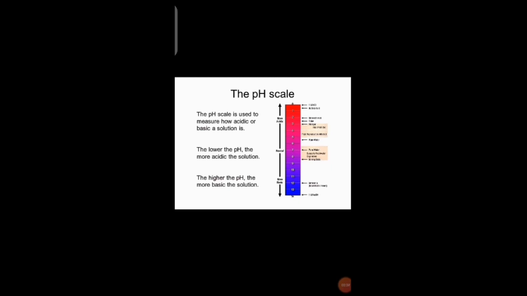It is the presence of H positive or OH negative ions: if the H positive ions presence is increased, it is more acidic, and if OH negative ions presence is increased, it is more basic. Then we will talk about pH and pOH. pH and pOH denote the negative log of the concentration of hydrogen or hydroxide ion. Low pH means that the solution is acidic, while high pH means that the solution is basic. Neutral solution has pH or pOH of 7. This is the acid and base concentration in any substance.